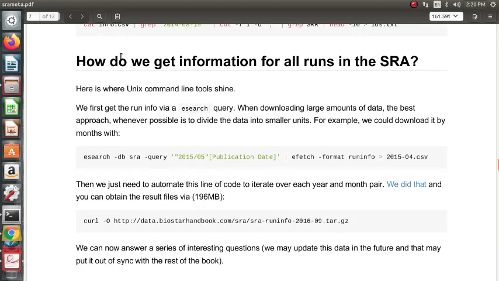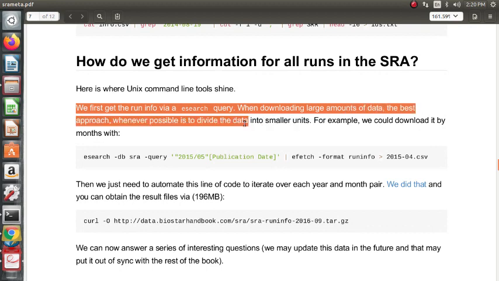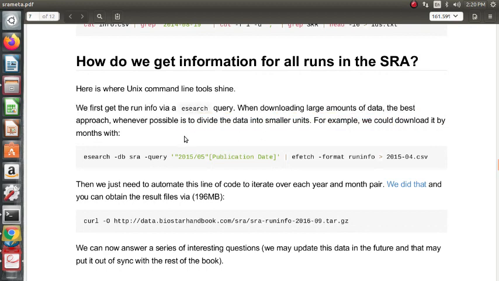Basically, we are downloading this data set. How do we get information for all runs in the Sequence Read Archive? We first get the run info via an eSearch query. When downloading large amounts of data, the best approach whenever possible is to divide the data into smaller units. For example, we could download it by months, such as May 2015. Then we just need to automate the line of code to iterate over each month.